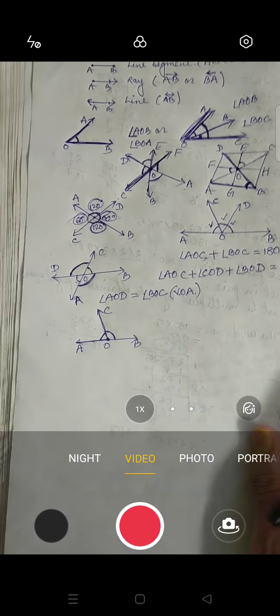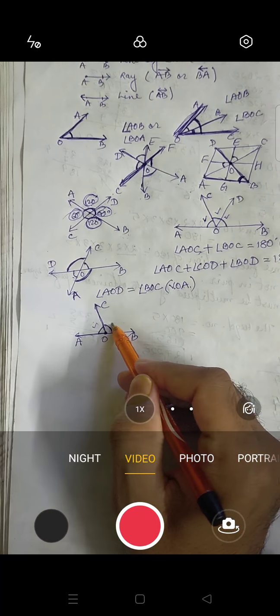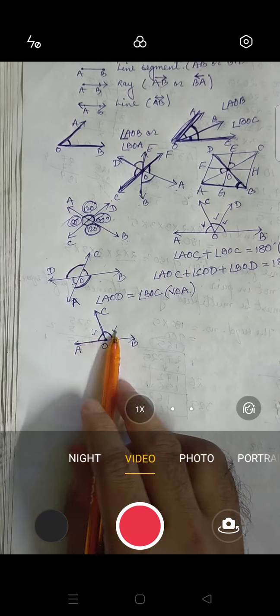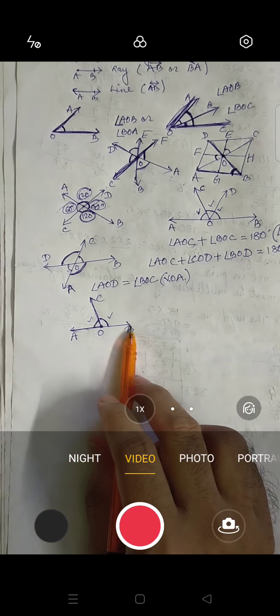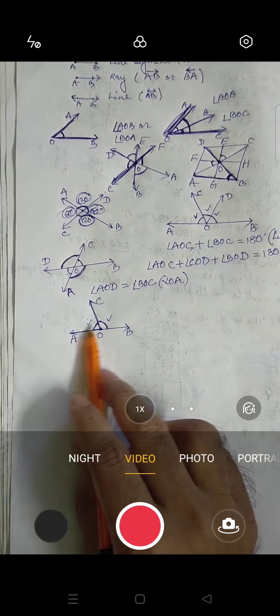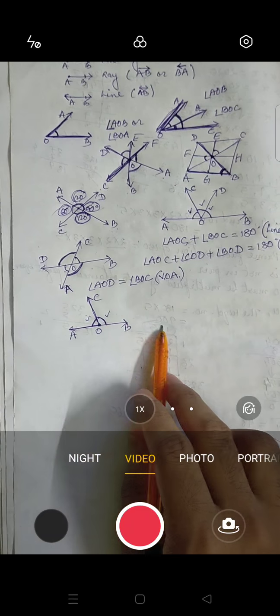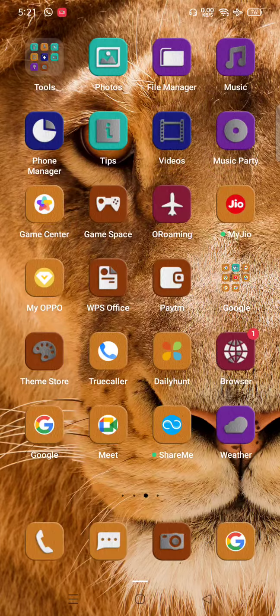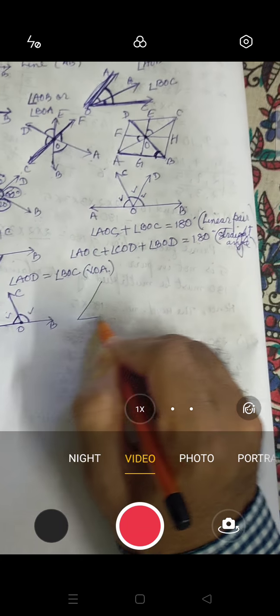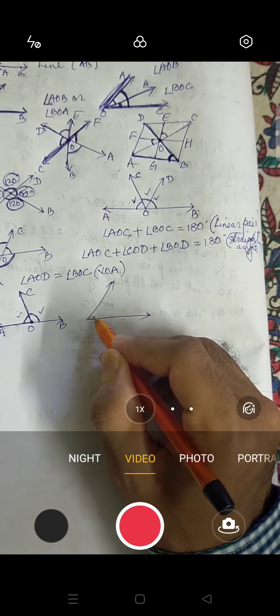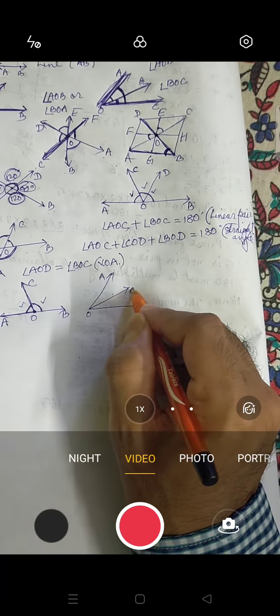But remember that when you are having two angles close to one another, by adding these two, we will get 180 degrees. Okay. In a straight line, if two angles are given close to one another, that means the adjacent angles in a straight line will always be equal to 180 degrees. But it is not necessary that adjacent angles will always be 180 degrees. For example, suppose I am having this angle. I have made another one here. So let it be A, O, B, C.